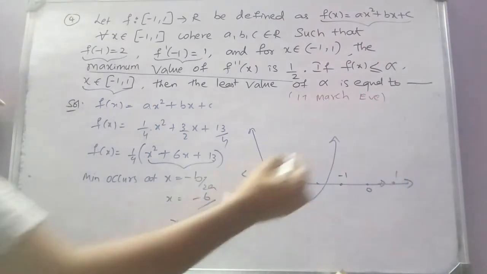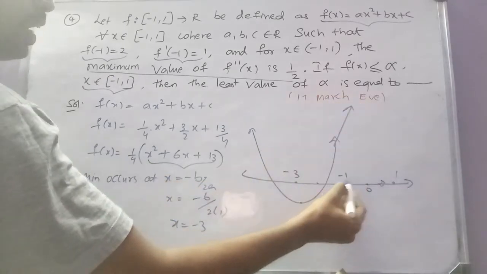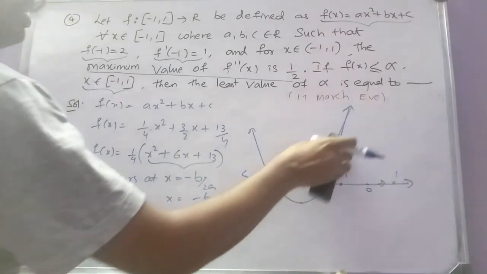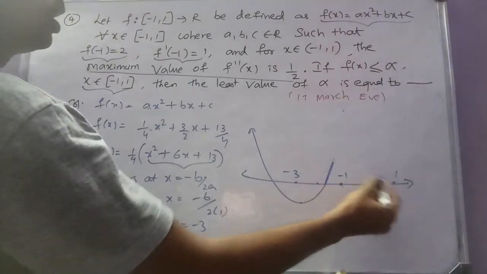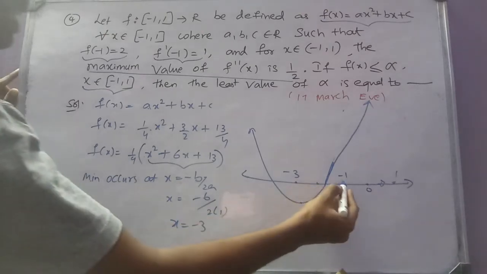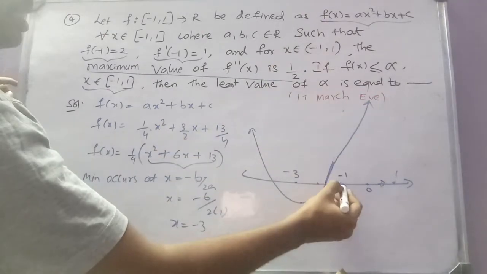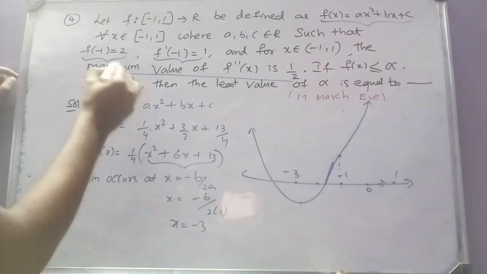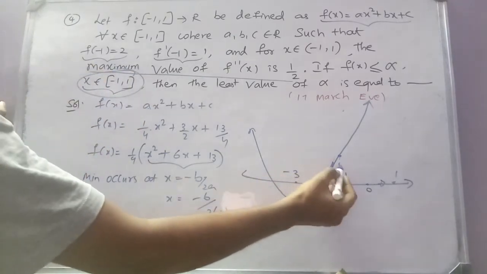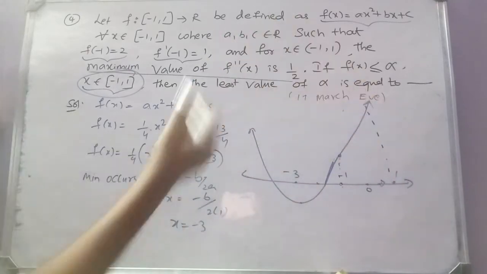So can I say that in the interval minus 1 to 1, the graph is continuously increasing? So therefore, can I say that the minimum of f of x occurs at x is equal to minus 1? In the domain x belongs to minus 1 comma 1, the minimum occurs at minus 1 and the maximum occurs